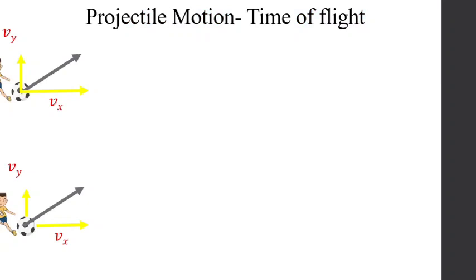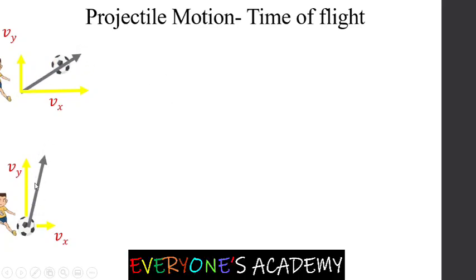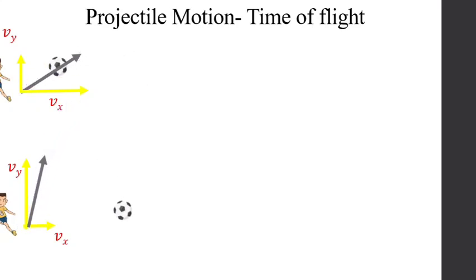Let us now find the time of flight for the projectile. Here in this case you can see there is some initial velocity of projection. For this velocity of projection, if you change the direction, the velocity of projection is the same, but the direction is different now. It is more towards the vertical, and because of this the vertical component of the velocity increases. Here you can compare the vertical component of the velocity. That is why the time of flight will increase now. So the time of flight depends on the vertical velocity component.